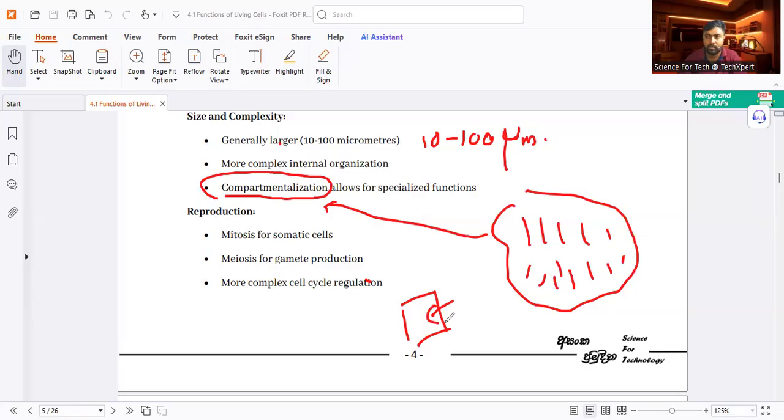Think like this: if we do a partition, there is a main hall, and we make compartments or partitions. Then one space can be called a compartment. Likewise,